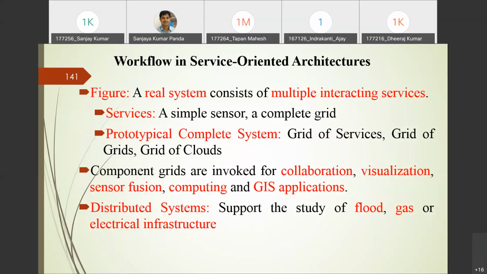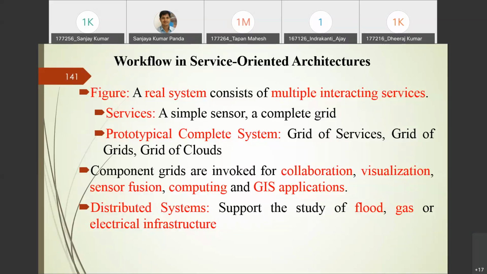Grid of grids means inside a grid, another grid is there, right? Or a group of grids is providing the service, or a set of clouds is providing the services. That's why we say grid of grids and grid of clouds, right? Similarly, component grids, or subgrids, are invoked.